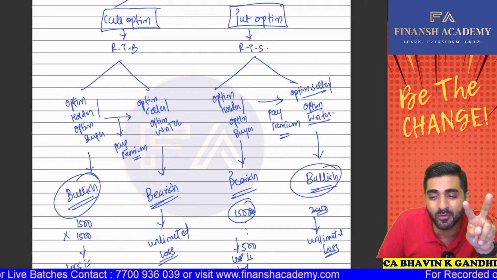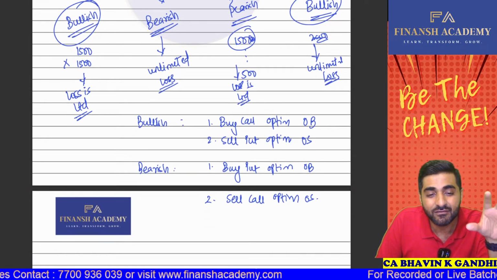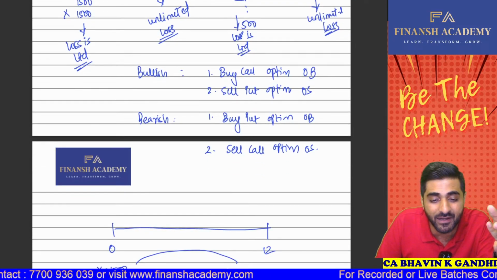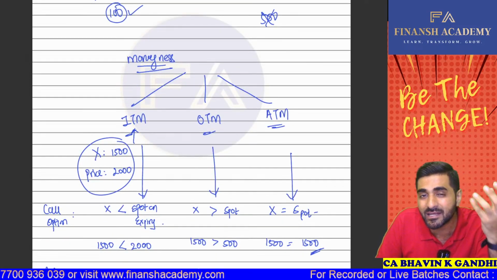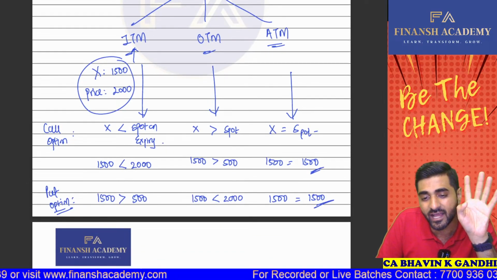What are the views which are possible? Who's the option buyer, who's the option writer. We have revised regarding the liability part as well. Then we discussed the moneyness part, that is ITM, OTM and ATM for call option as well as for your